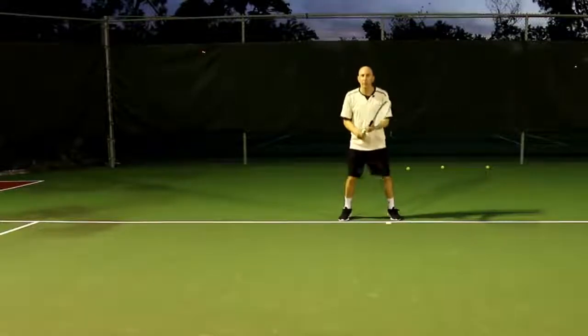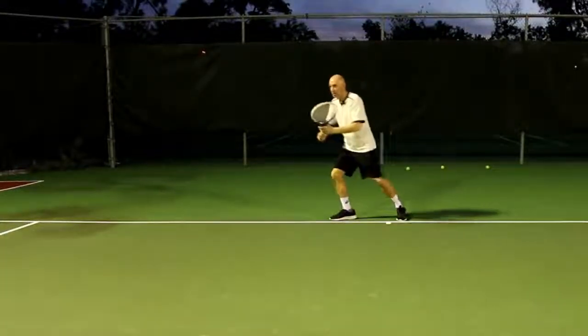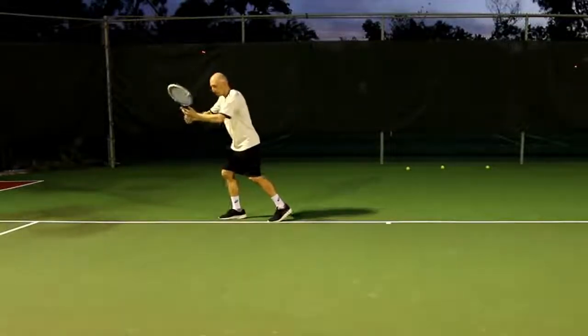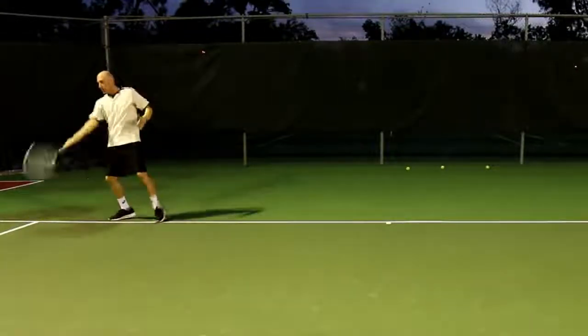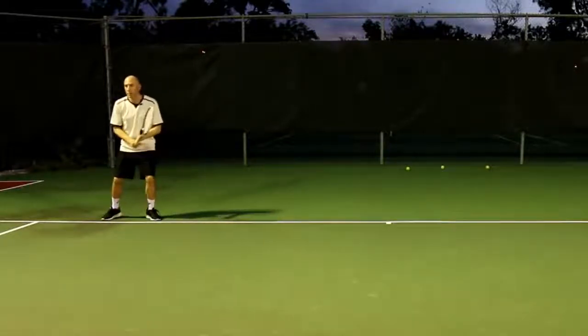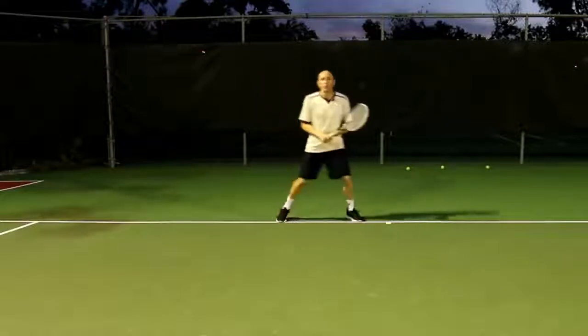Okay, move your feet, split step. I see it's a forehand in the corner. I base out, I start running. My non-dominant hand, my left hand, is on the racket. And now I'm going to set my racket. I'm going to swing, follow through, get back to the ready position, and I'm going to cross over, shuffle back